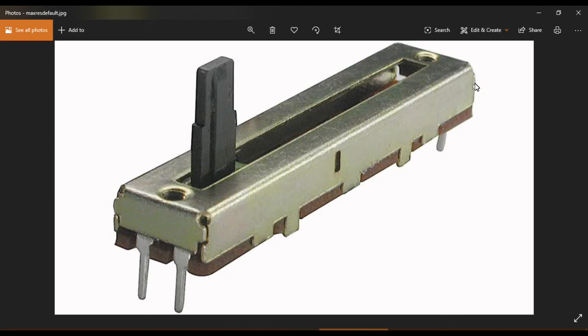This is another formation of potentiometer, the slide formation. Instead of rotation, it changes the value when you slide it. These are the 2 terminals; you can take them as 1 and 3. Between 1 and 3, the resistance value is always fixed at its maximum, which is already written on the body. And this is pin number 2, whose value changes with respect to 1 and 3 according to the movement of the slide.